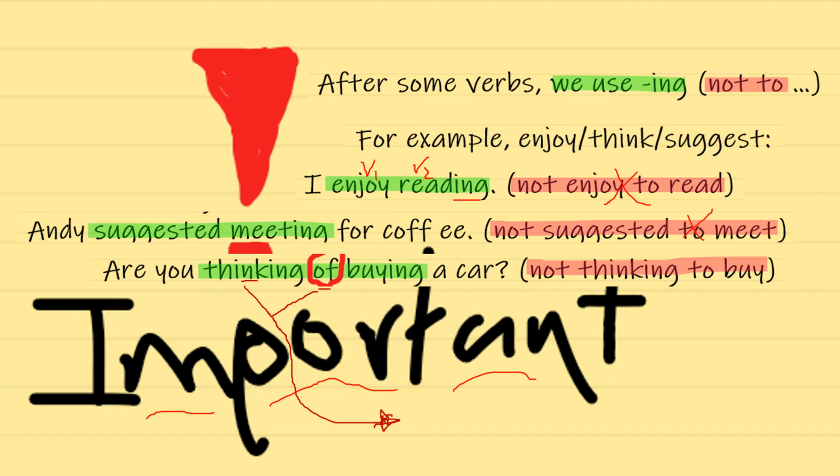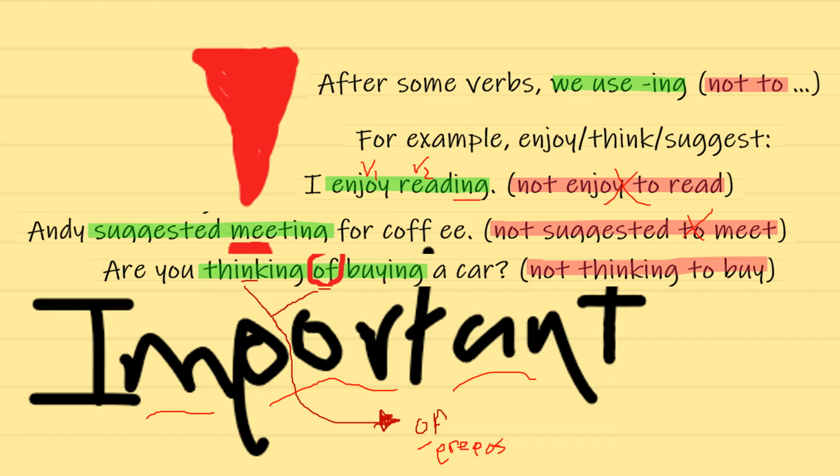And what's that rule? For example, the word of is a preposition. The rule is that when you have this preposition, or any other preposition,